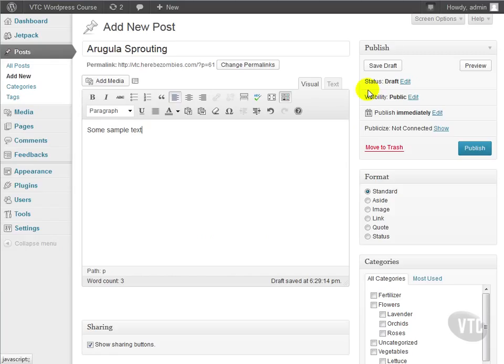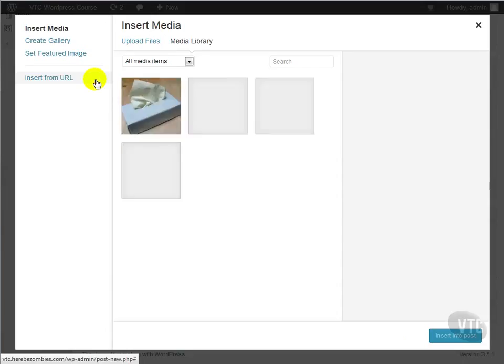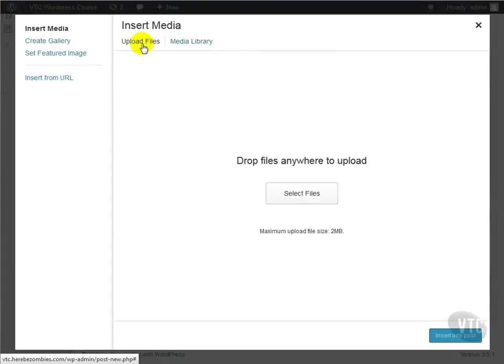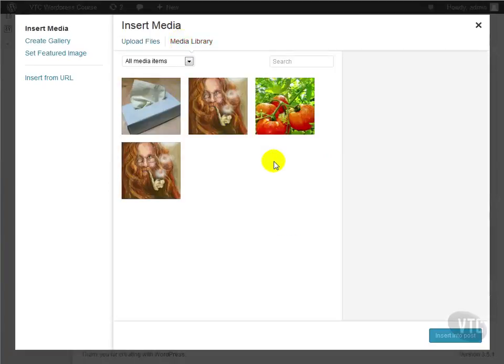I said at the beginning of our last video that we'd come back to the Add Media button. This button is what you'll use anytime you wish to add pictures and PDFs to your post. When we click Add Media, we're given a screen where we can upload a new piece of media. You can either drag and drop files from your desktop or file browser, or you can click Select Files and select the files that way. You can also select a file you've already added to your media library if you click the Media Library tab. Any media you upload automatically gets added to your media library. If we select a file and upload it,